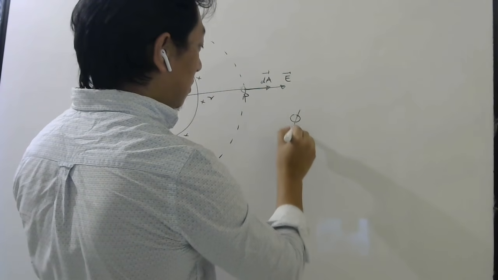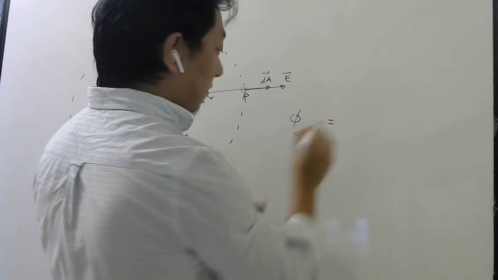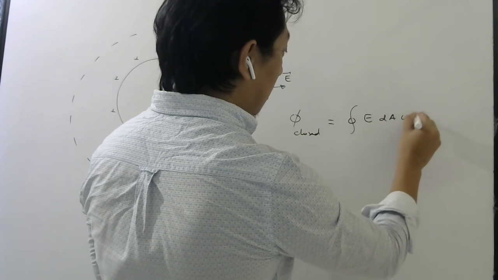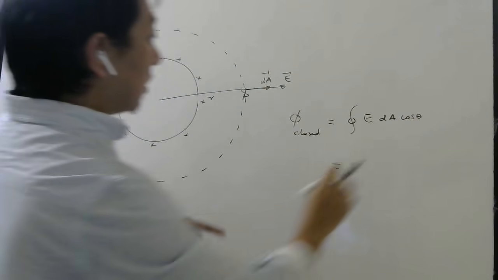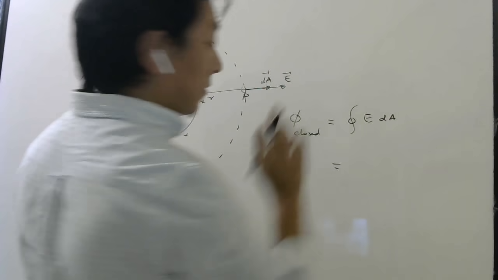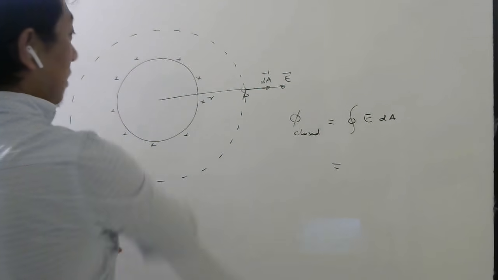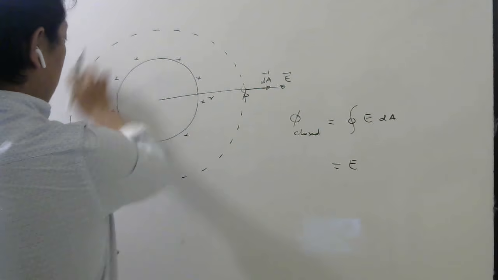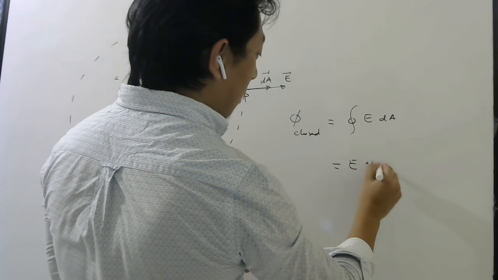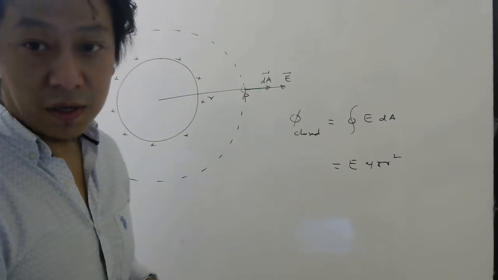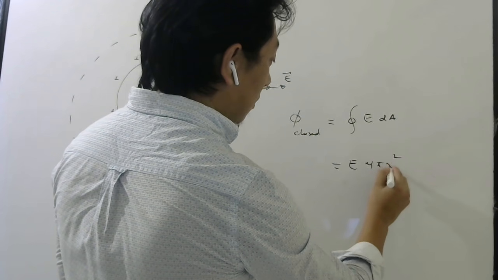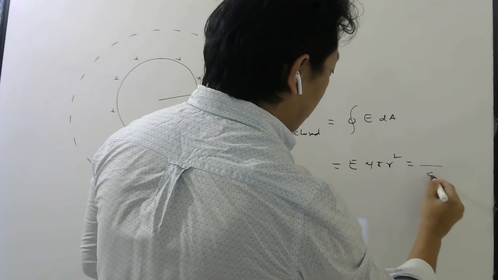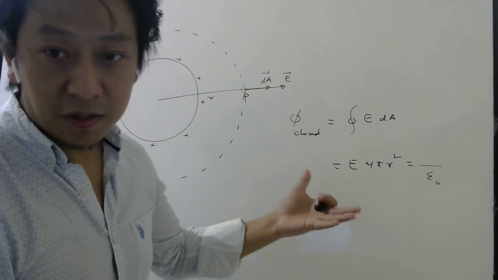The left side of Gauss law says the net electric flux, which is integral of E dA cos theta. Now you can see everywhere theta is 0, so cos 0 will be 1. And since everywhere E is uniform, you can take E outside. What is left? Integration of dA. So total area of sphere will be 4 pi r square, and that should be equal to whatever charge is inside the shell divided by epsilon naught. That is the application of Gauss law.